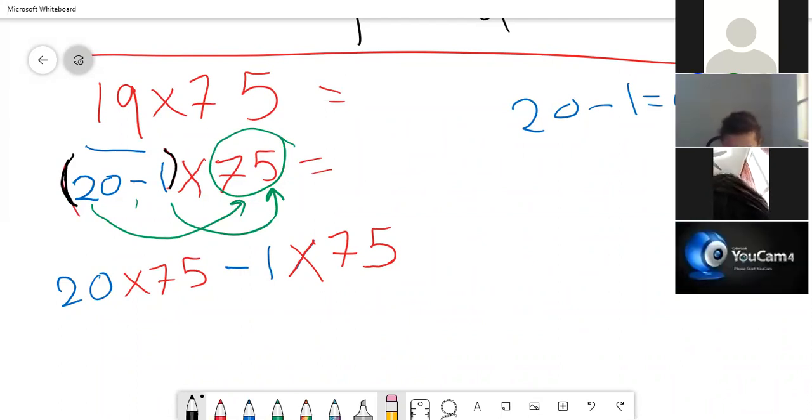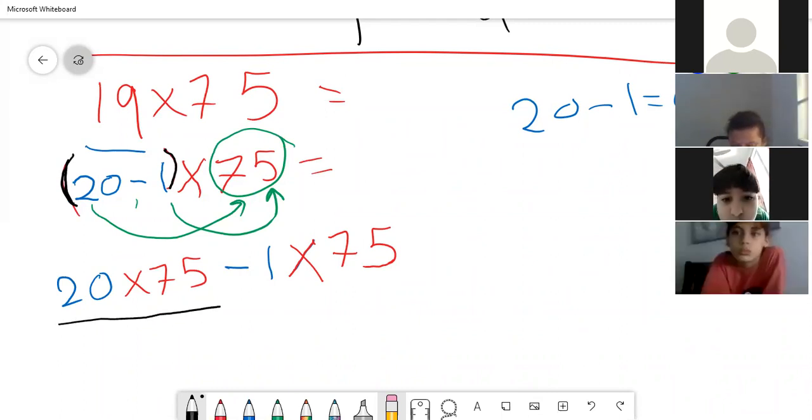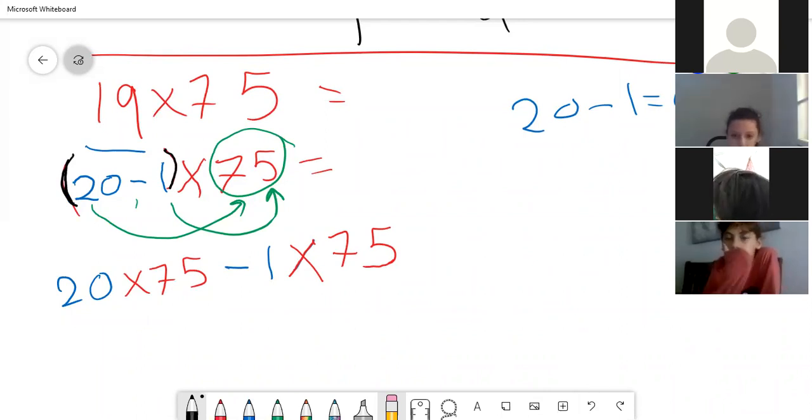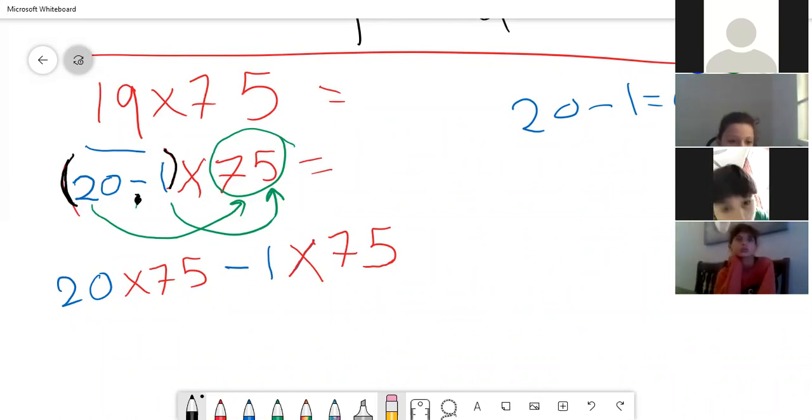Okay. So 75 times 20, and then minus. Why minus? Because minus is between the 20 and the 1. Minus 1 times 75. This is the same as I took the 75, gave it to the 1, and gave it to the 20. So 20 times 75 is 20 times